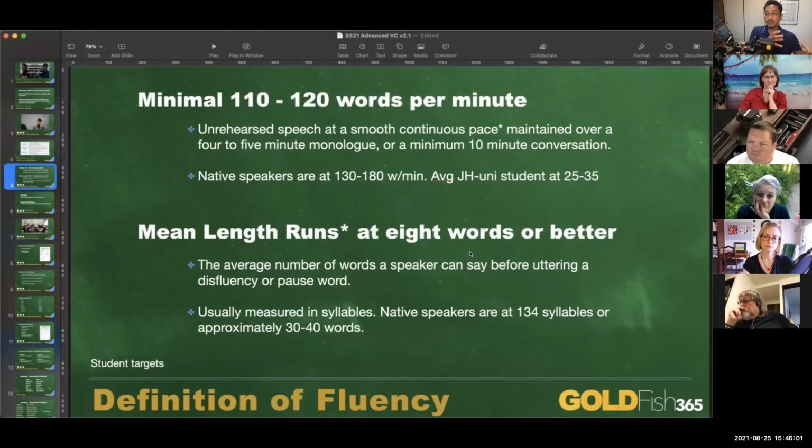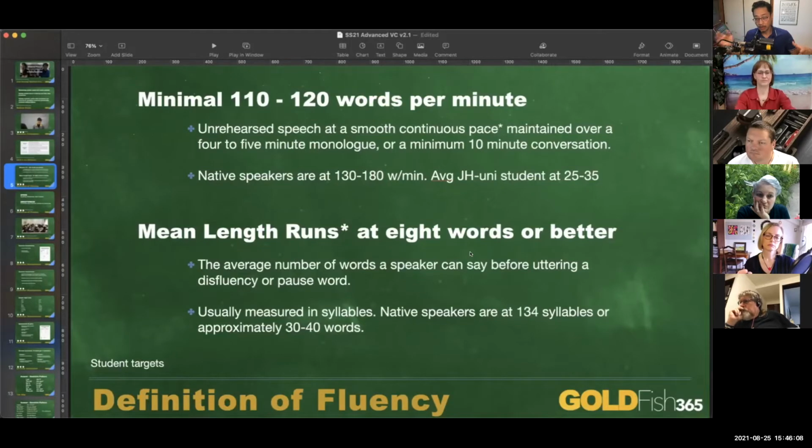So basically, if you can say words like this and take a pause in between where you would put a comma, or at least where the phrase might stop normally, you're starting to approach fluency. And if you can put all of those words together from the very beginning of where you wanted to say something to the end of where you should stop because there's a period, then you're getting a pretty high mean length run. So you're giving them a target for the actual production, the actual speaking rate, the speed rate, and then how smoothly they speak.